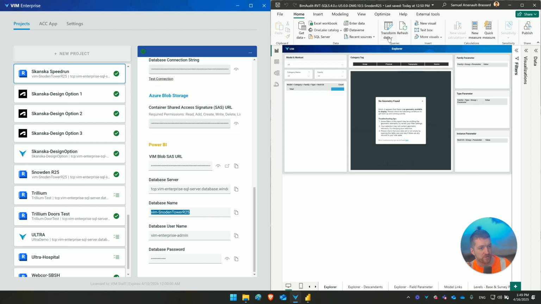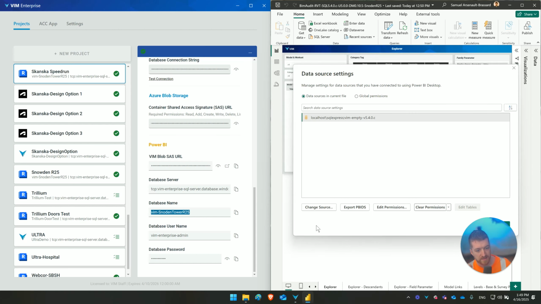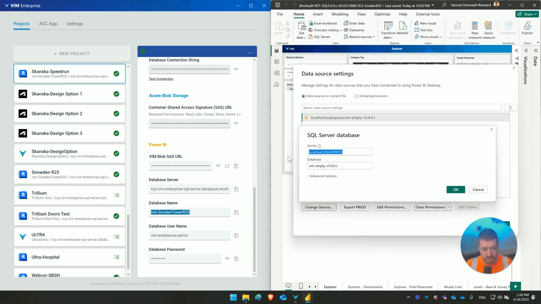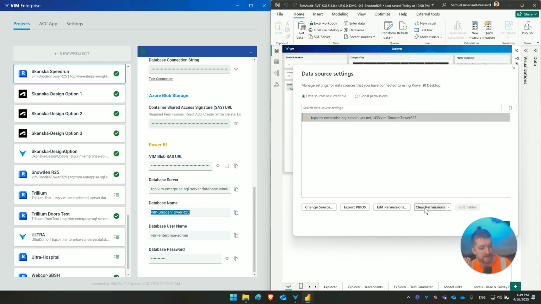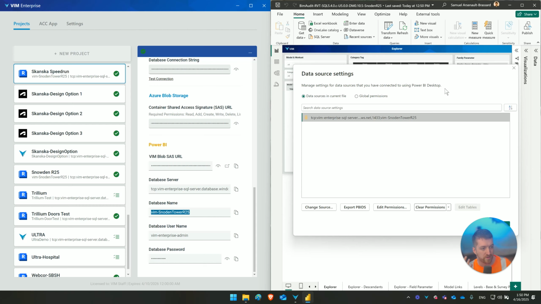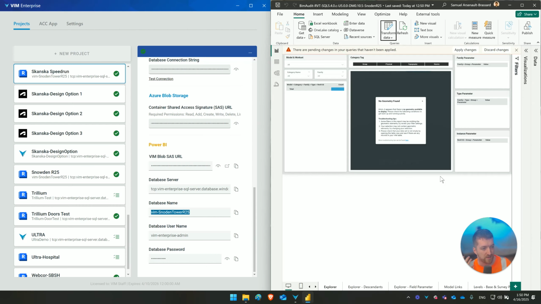So to do that, we're going to click down here where it says Transform Data, go to Data Source Settings, and I'm going to change the empty source that I have here. First thing I'll do is populate with the database server, then the database name, and I'll click OK. In this case, I'm going to clear the permissions just because when you do it the first time, it'll ask you to log in. So I want you to see that and know where to get the information. So at this point, I can apply the changes